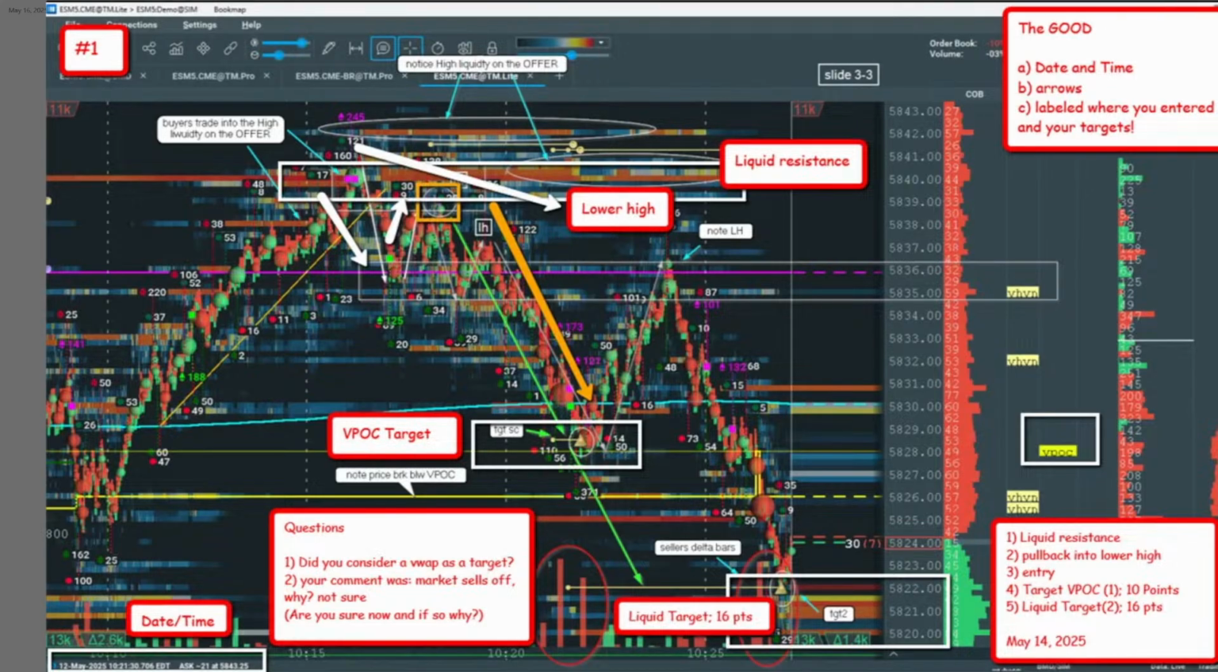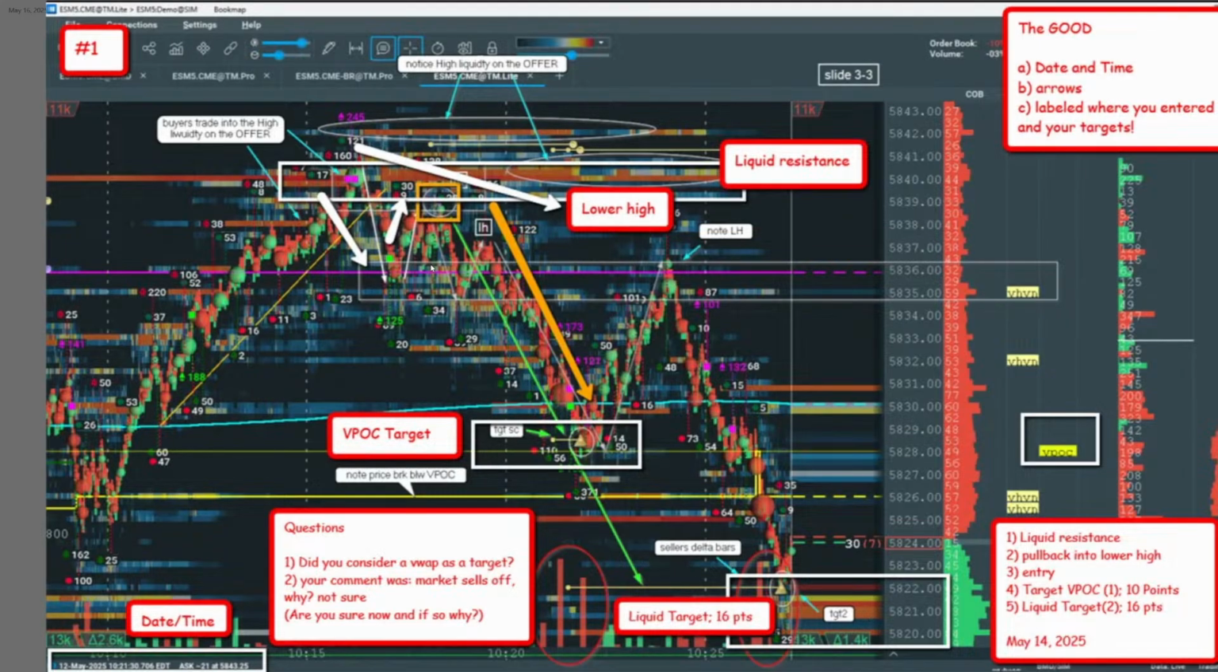So I think this was 5 points. Where did I get in? Yeah, I got in quite high. Yeah, it looks like you got in at around 58.40, and it took it right on down to your VPOC down there. So that was what I saw. Maybe I got it wrong, but it looks like you got about 10 points out of that. And regarding VPOC,